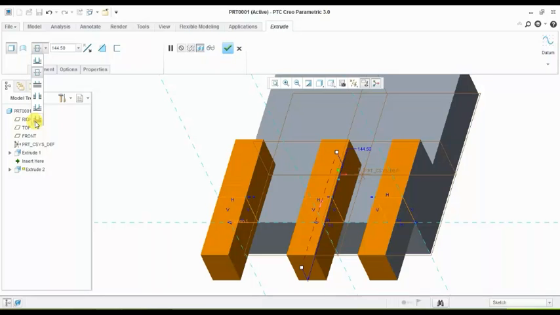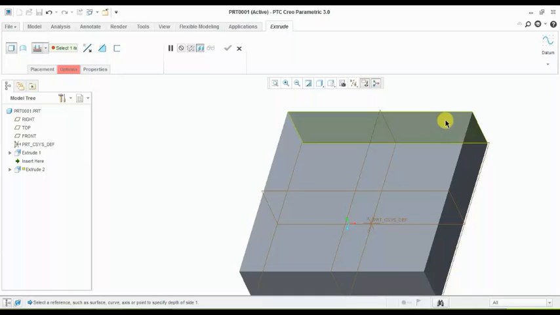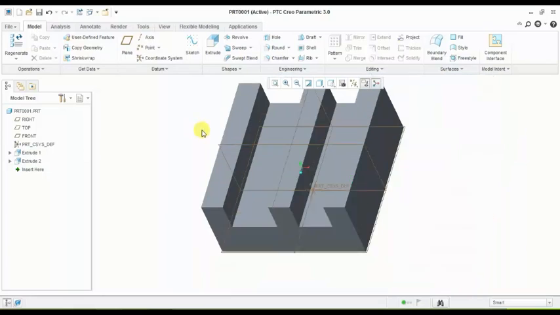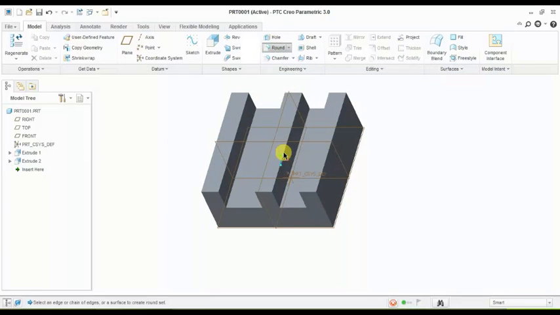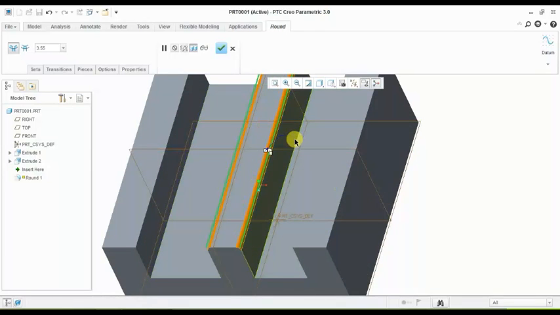And the last option is selected plane or surface. So I am clicking on this option and selecting this surface. So this extrude is up to this surface, and OK. Now select round and apply it to this surface. This is by equal dimension, given 15. OK.